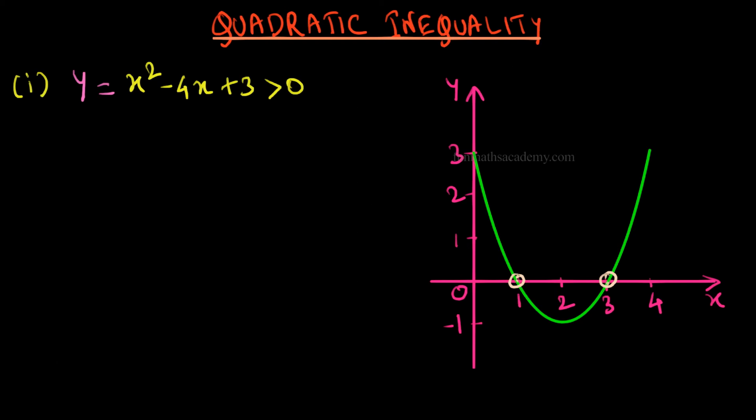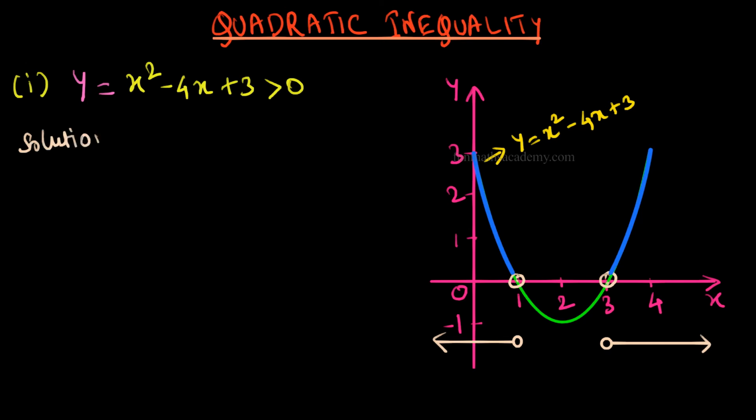Now where will the solution of this inequality be? Where will the values of the curve x squared minus 4x plus 3 be greater than 0? You can see that the curve is positive to the left of 1 and to the right of 3. Just like how we get values of x when we solve a quadratic equation, the solution of this inequality will also be the values of x. The places where the curve is greater than 0, the values of x in those places will be the solutions.